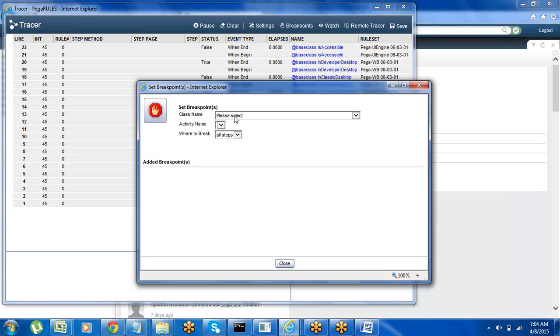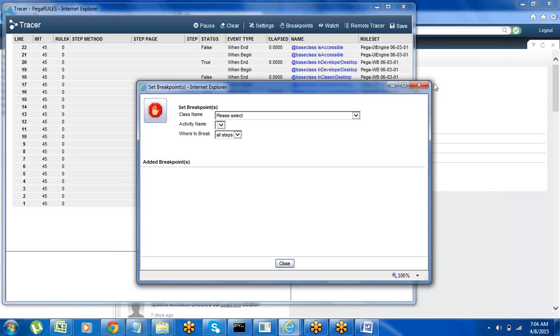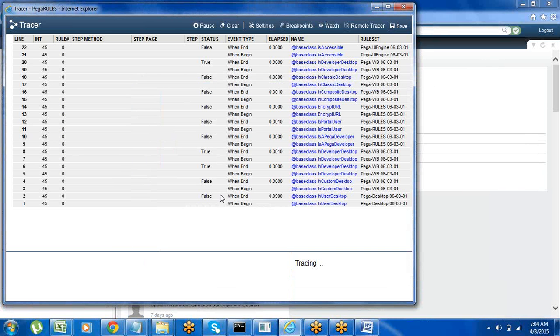We have to select the class name, activity name, and where to break, set the breakpoint and close. Automatically whenever you select the breakpoint option, it will display the logs line by line. Instead of displaying all the logs at a time, they set breakpoints, and then they continue. Then watch will not be used.